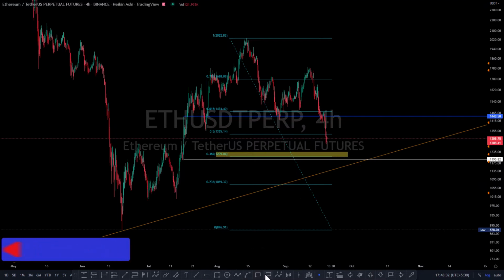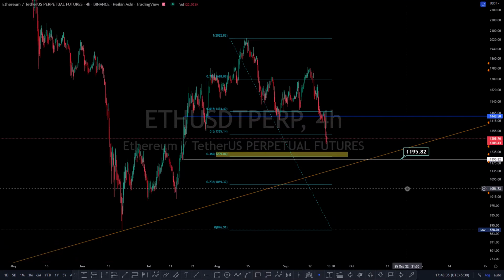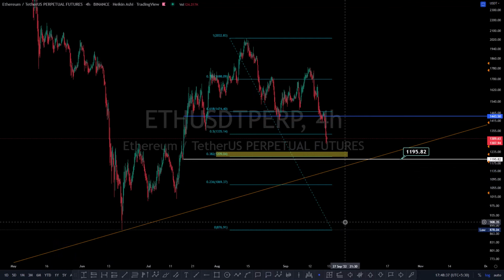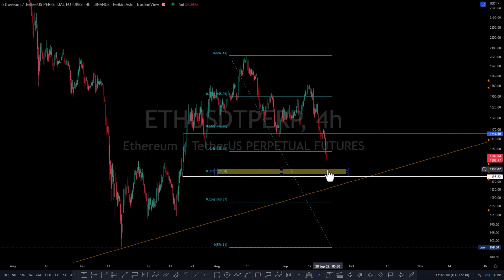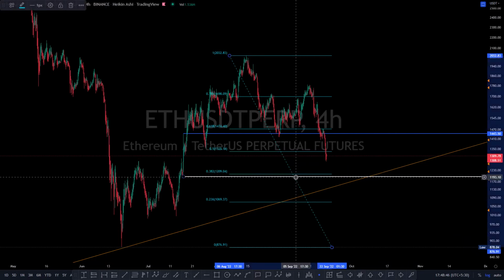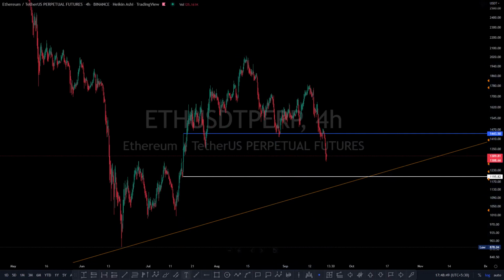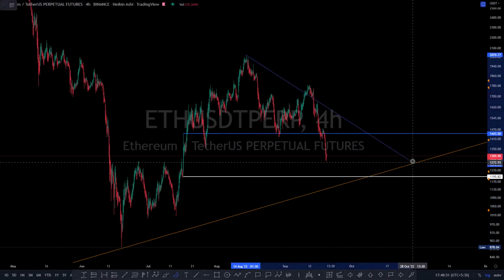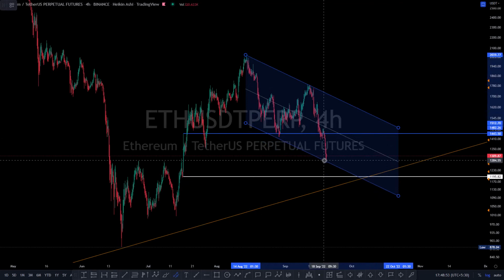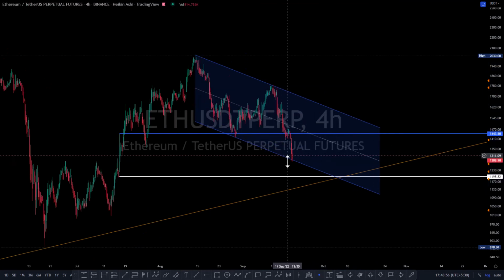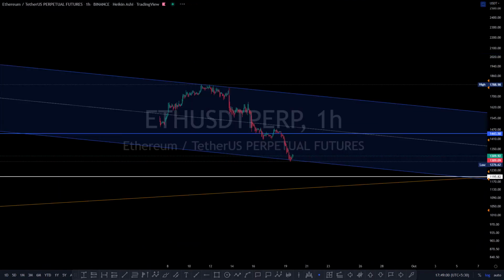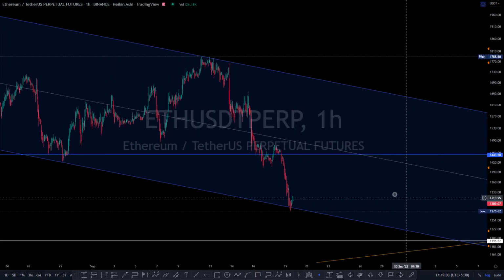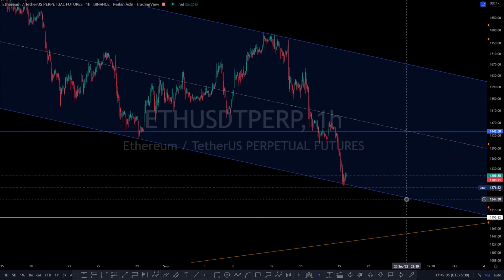Okay, so this will be my first major area of interest, where I'll put in a little bit higher margin than normal, because this will be a good sign for this to reverse. But if we don't see all this, you can see that if I draw some drawings over here, this is a beautiful parallel channel which has been forming on ETH, and on the basis of this parallel channel, we are somewhere near the close of this channel. Okay, now if I zoom in, you can see that we are picking some reaction from the channel, and I'm waiting for BTC to decide.